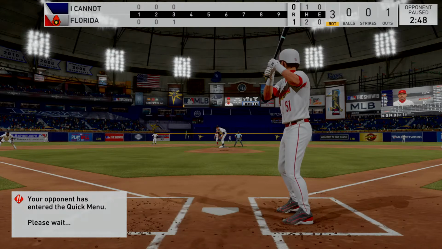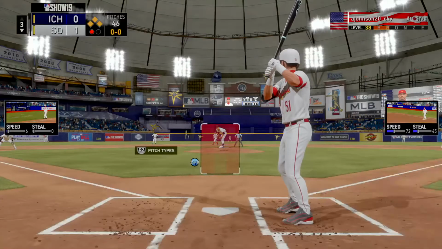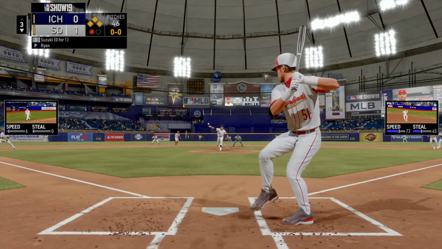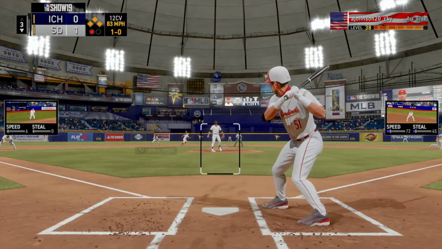Stepping into the box, Ichiro Suzuki looking to put the ball in play here. He went down on strikes. First pitch of the at-bat on its way. Check swing, but he held up and